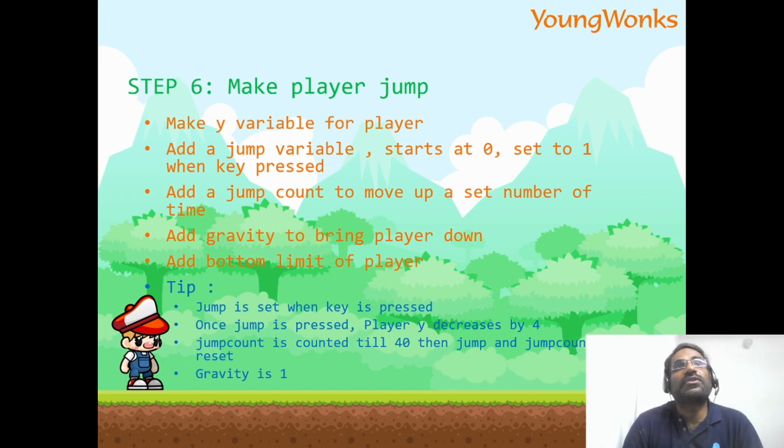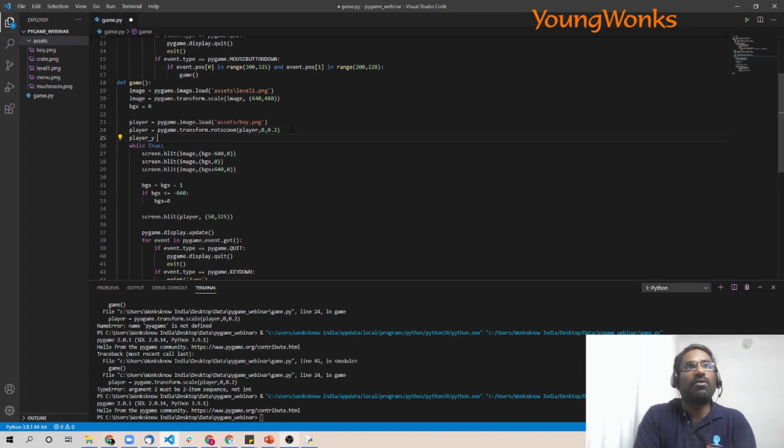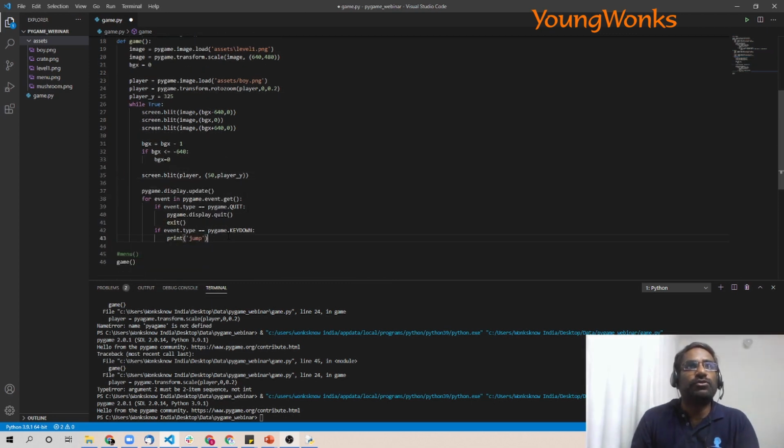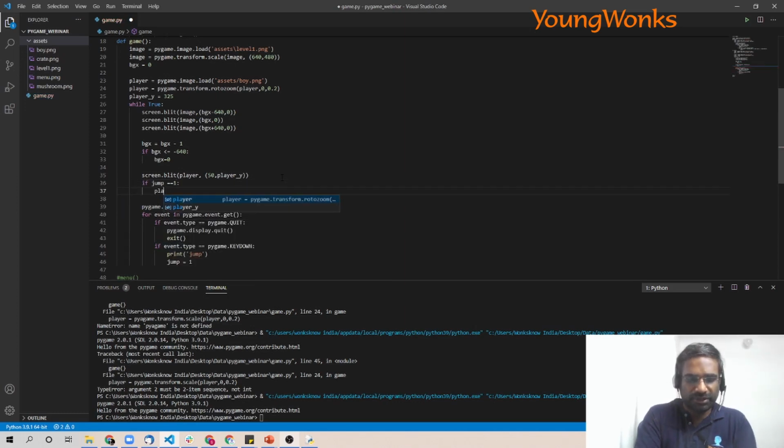Then we need to add gravity for the player once the jump has peaked, and we need a bottom below which the gravity will not apply. So let's try to see what this would look like. So let's go ahead and make a variable called player y, and we started off at 325, and we use that. The next thing we do is we say jump is equal to 1 when the space key is pressed, and here we say if jump is equal to 1, then player y is equal to player y minus 4,